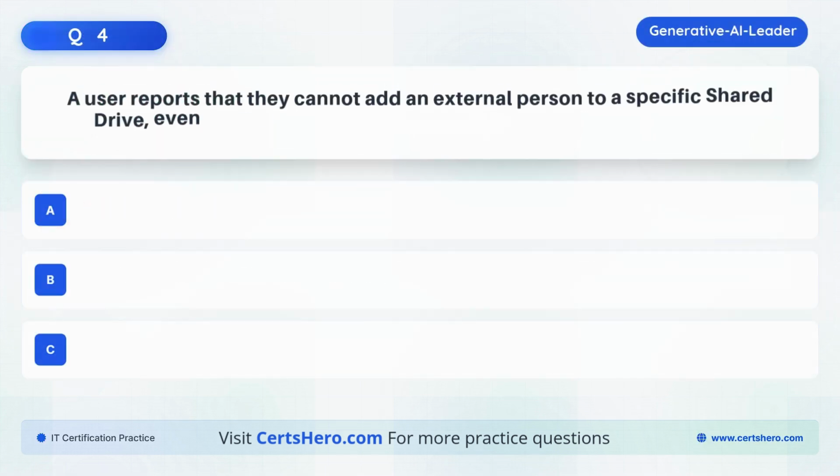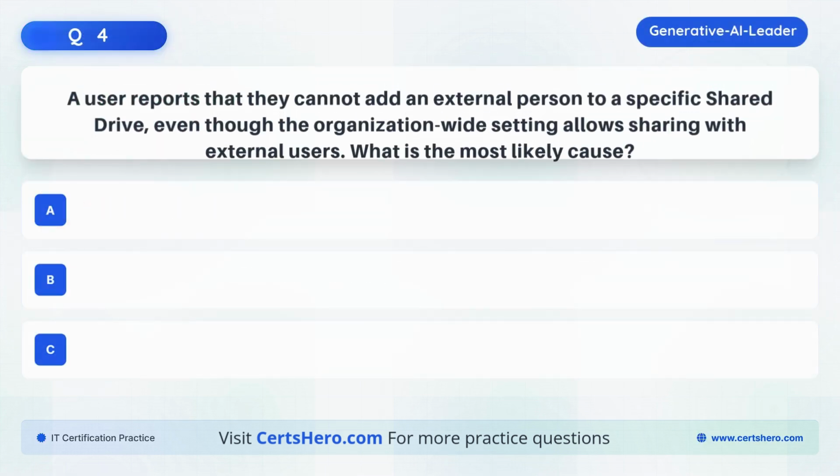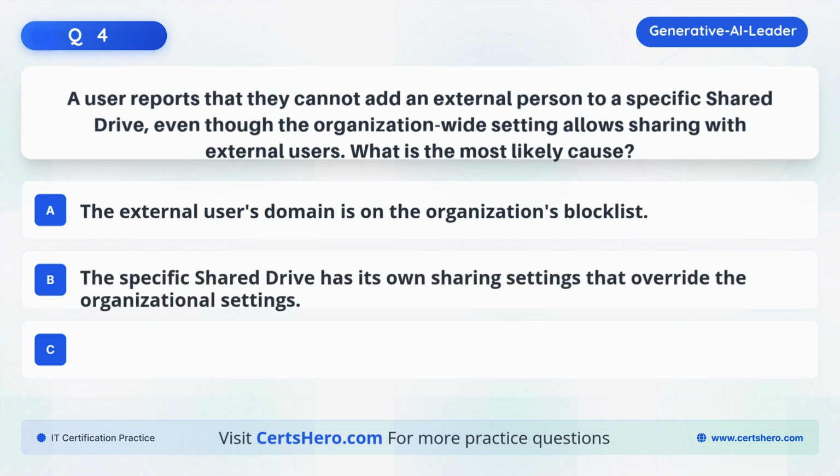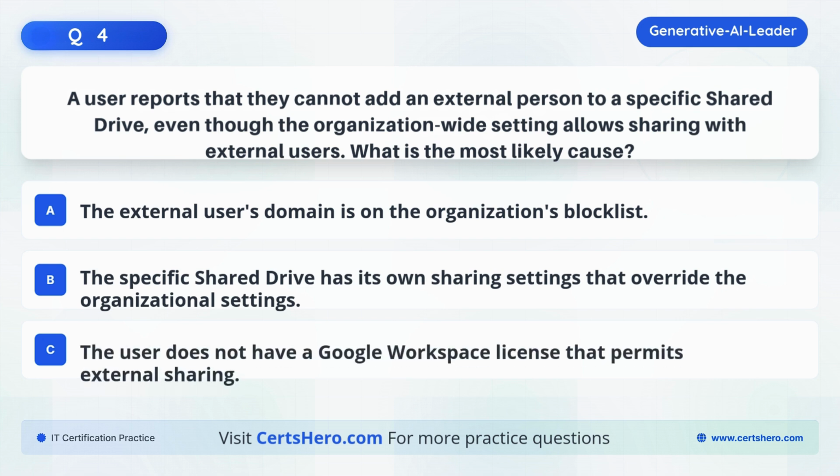Question 4. A user reports that they cannot add an external person to a specific shared drive, even though the organization-wide setting allows sharing with external users. What is the most likely cause? A. The external user's domain is on the organization's block list. B. The specific shared drive has its own sharing settings that override the organizational settings. C. The user does not have a Google